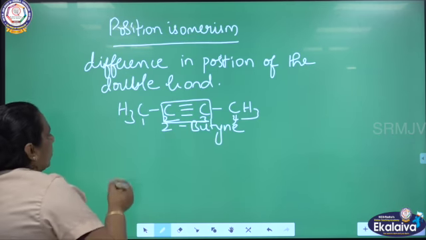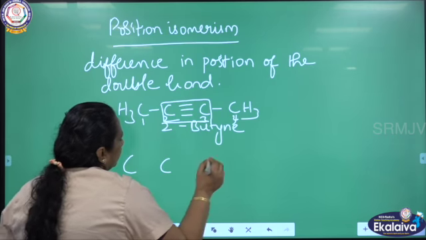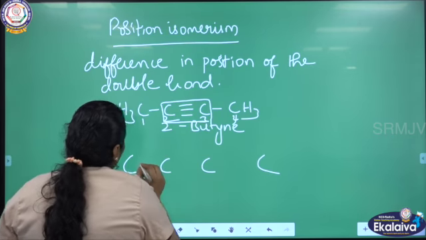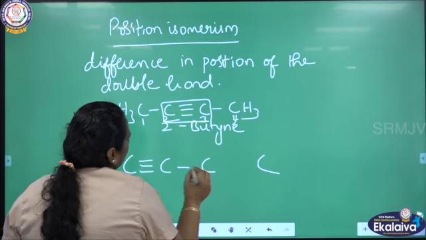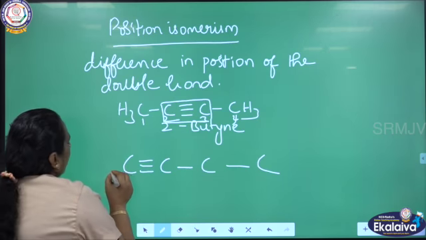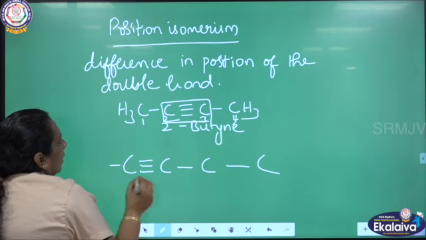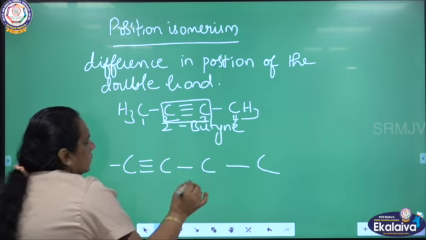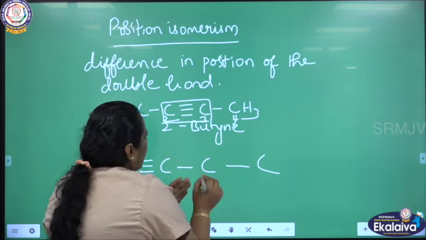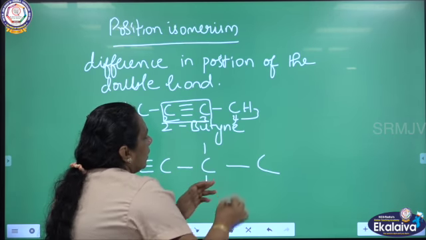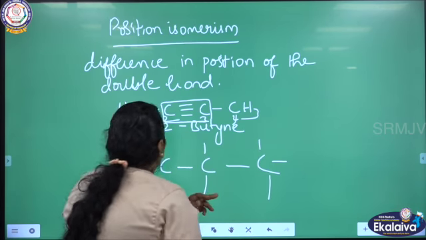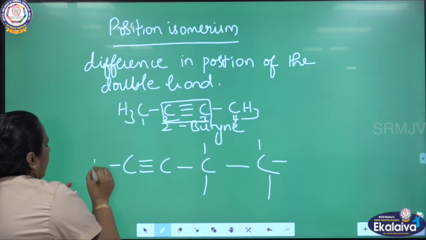The same compound can be written the other way also. I am going to write a triple bond between 1 and 2. So this carbon will have only 1 valency. This carbon doesn't have any valency. So all the 4 valencies are satisfied. See this carbon, we need 2 valency. This carbon needs 3 valency. Insert the hydrogen now.